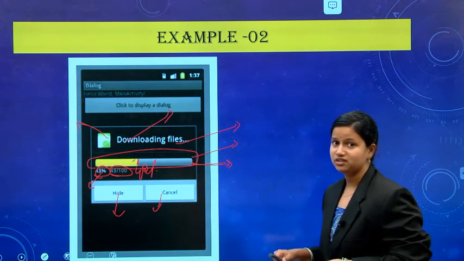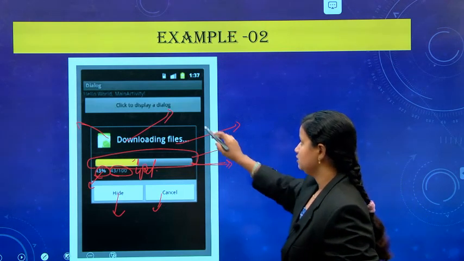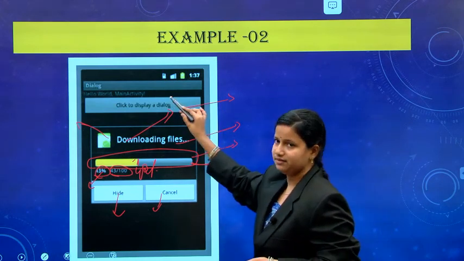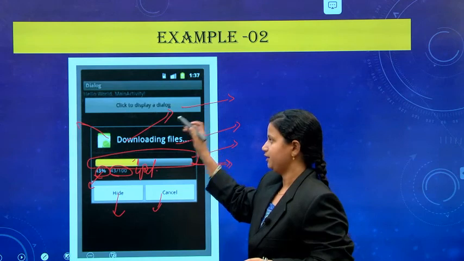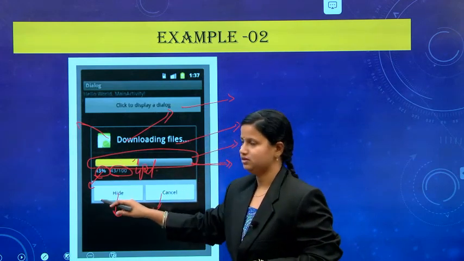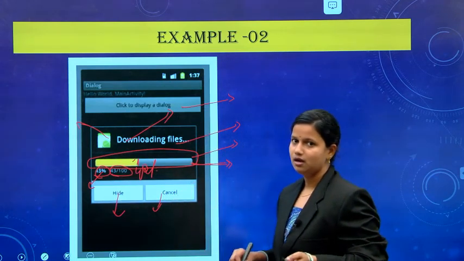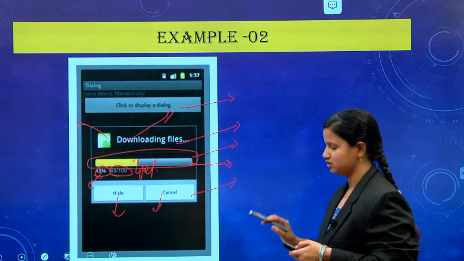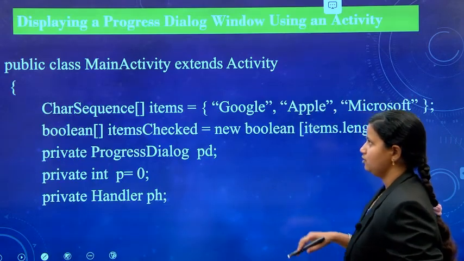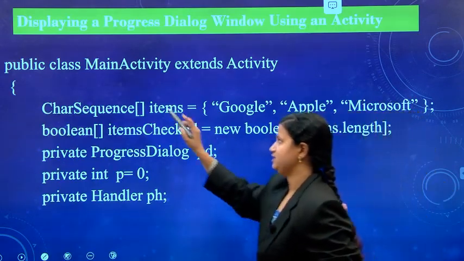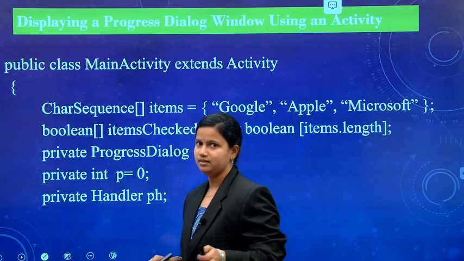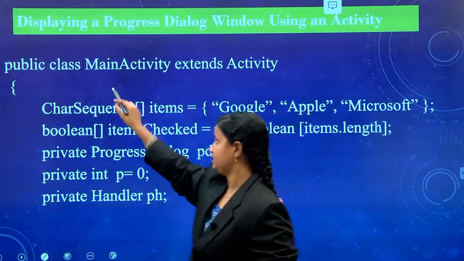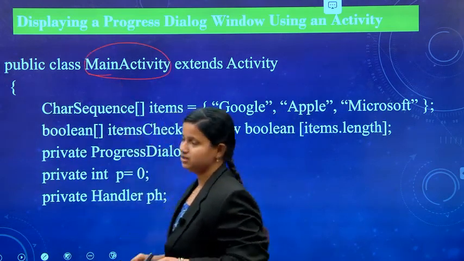When you are seeing the development of this application, what is here is click display a dialog box. Whenever you are pressing this button, it will display this prompt, this alert, this progress dialog. How we have to develop that one? Just we have to go with this progress dialog code, that's all. The user interface design consists of only one button displaying a dialog box, so here we are going with the Java file.